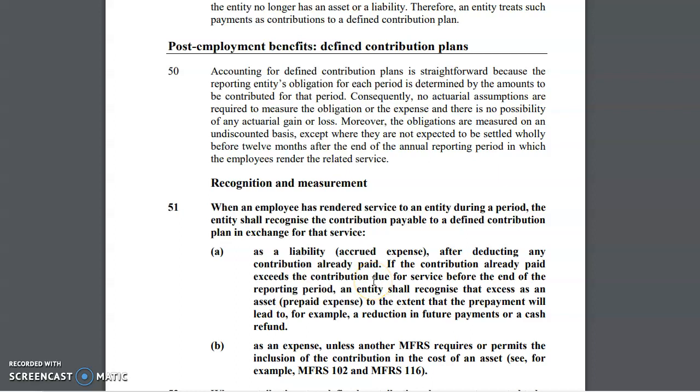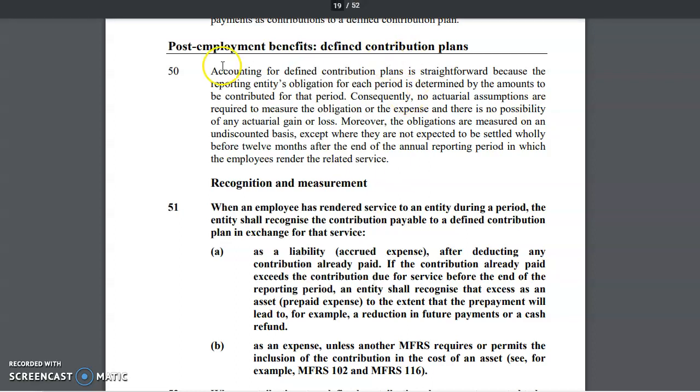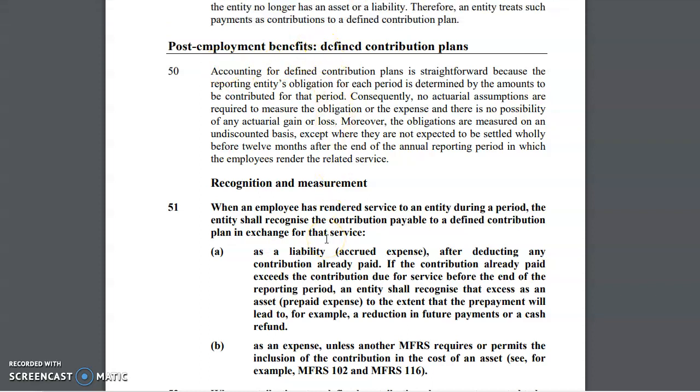Okay, let's continue to discuss MFRS 119 on employee benefit. Here we discuss post-employment benefits. There are two types of post-employment benefits: defined contribution plans, or DCP, and defined benefit plan, or DBP. In paragraph 50, accounting for defined contribution plan is straightforward